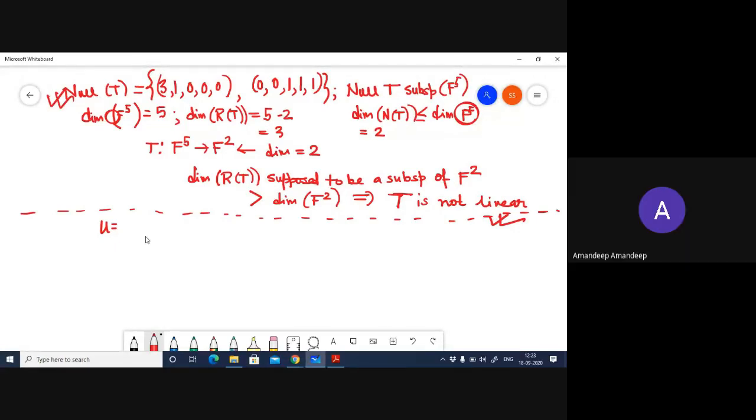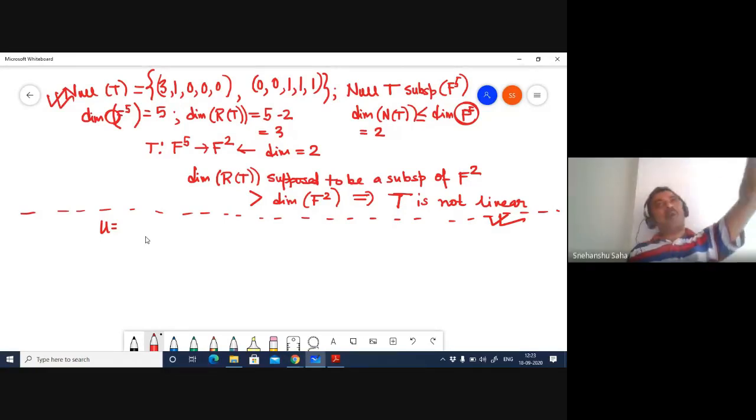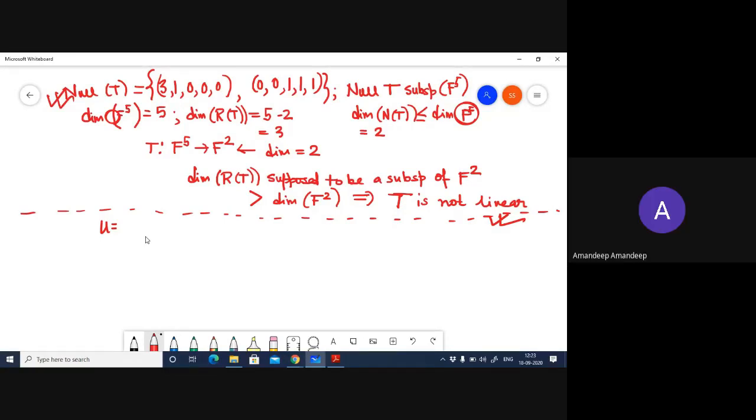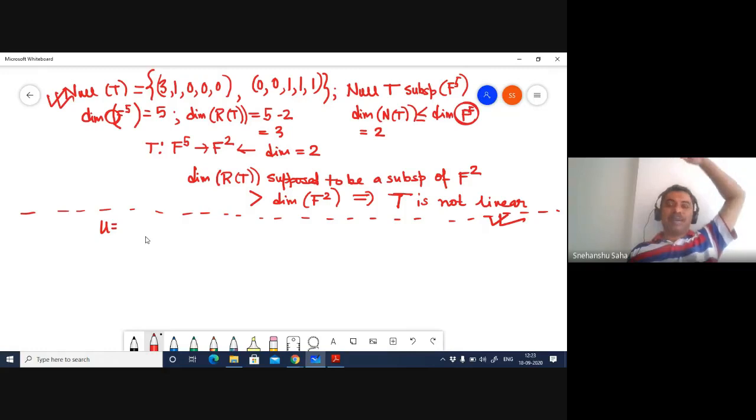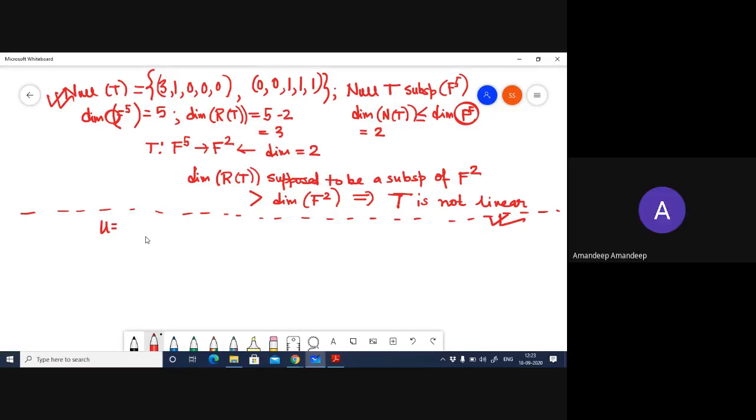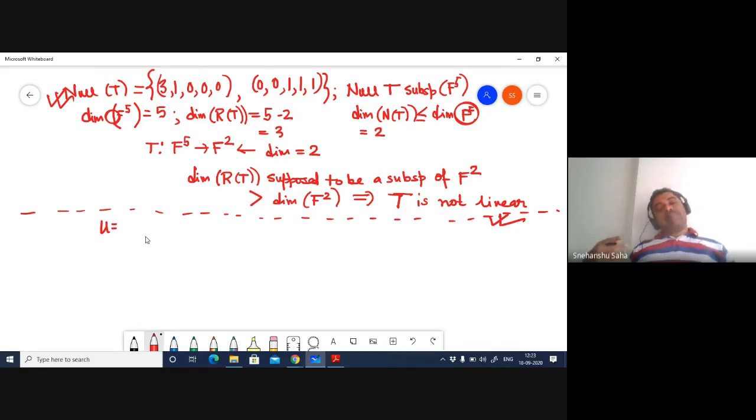Sir, but the proof can essentially use it assuming only that. No, the theorem that I proved in class was not a necessary and sufficient condition. It's just one way. But there exist nonlinear transformations for which rank nullity does not hold, right? Rank nullity may hold, may not hold. We don't know that. So the idea was you assume that the identity holds and look at your options.